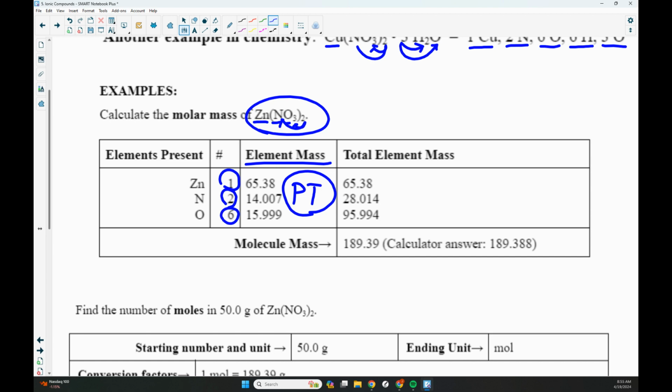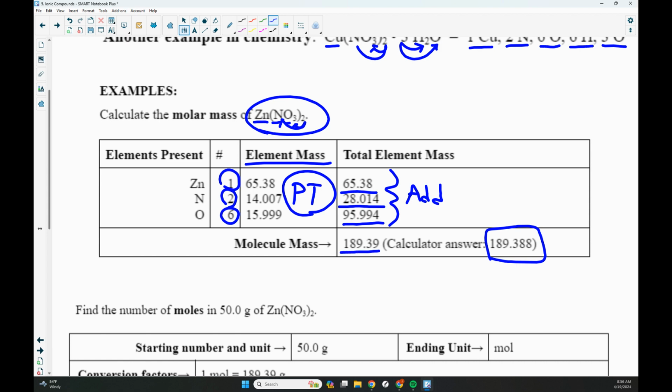But we don't just have one of each of those, so we got to do a little multiplication here. So with zinc, I do have 1, so 1 times 65.38 gives me that number. 2 times 14.007 for nitrogen gives me this number, 28.014. And lastly, 6 times 15.999 gives me this number. And my final step is I need to add these three together. And when I do that, I'm going to get 189.388 in the calculator. Then I need to round that using my rules of significant figures to